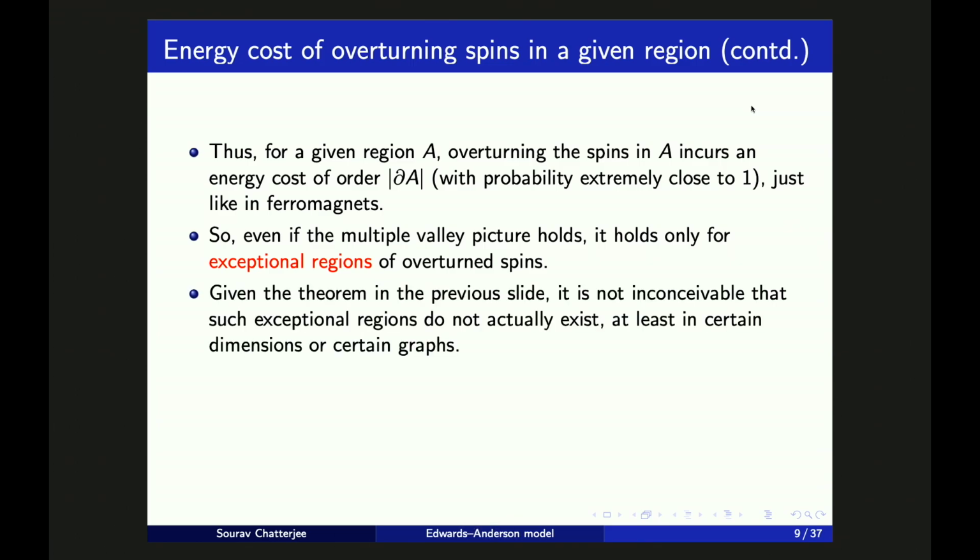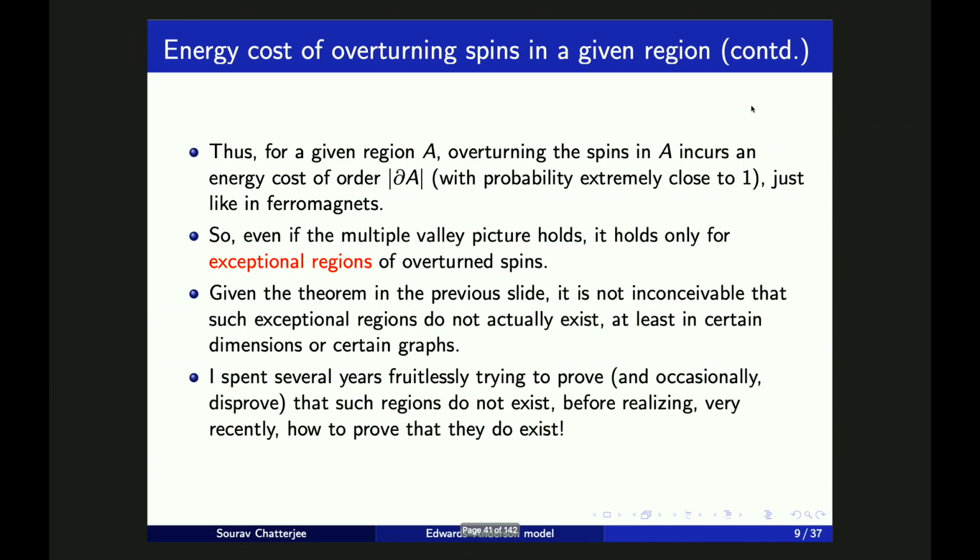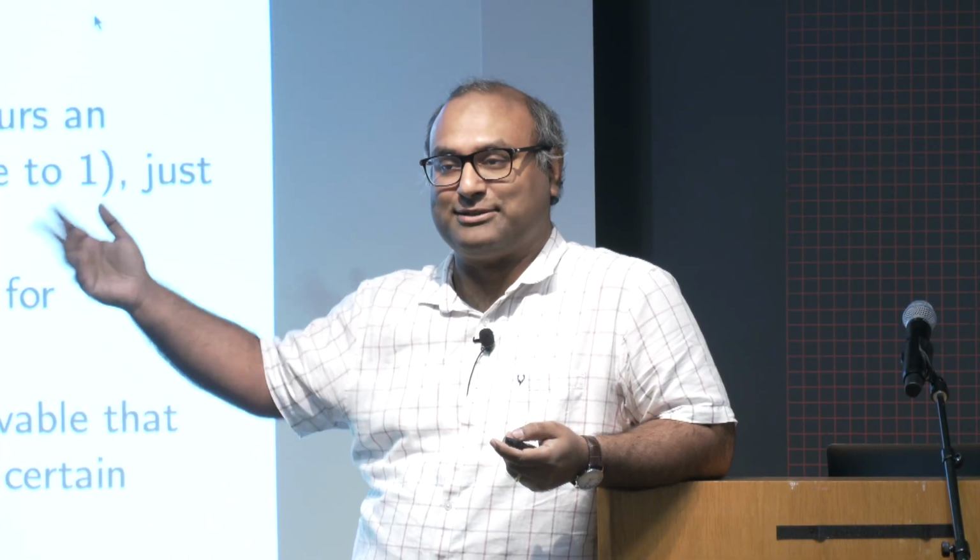So given the theorem in the previous slide, it's not inconceivable that such exceptional regions don't actually exist, because they have exponentially small probability, at least in certain dimensions or certain graphs. And that's what I was trying to prove for several years, actually. I was trying to prove that these regions don't exist. And that's the problem, when the physics doesn't tell you exactly what they expect. So I was trying to prove that, but to no avail. Maybe it doesn't work on all graphs, but maybe in sufficiently high dimensions, or who knows, in sufficiently low dimensions, or